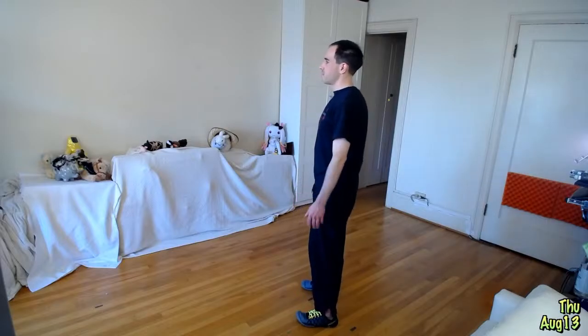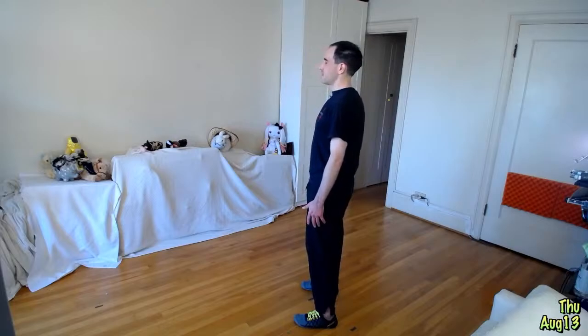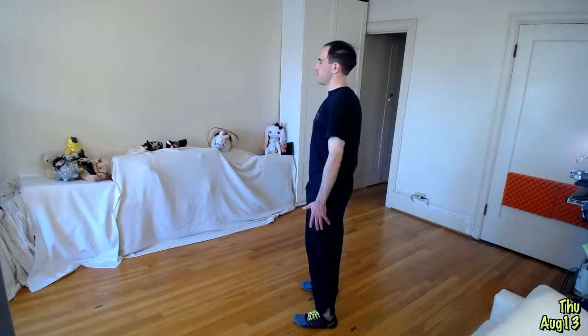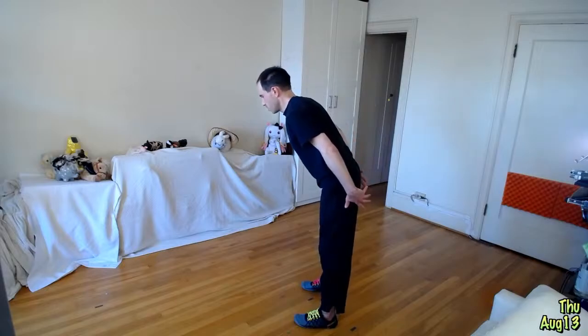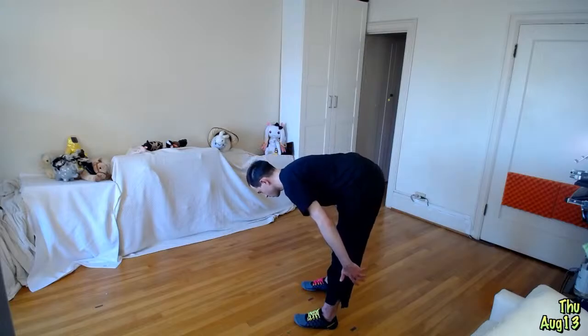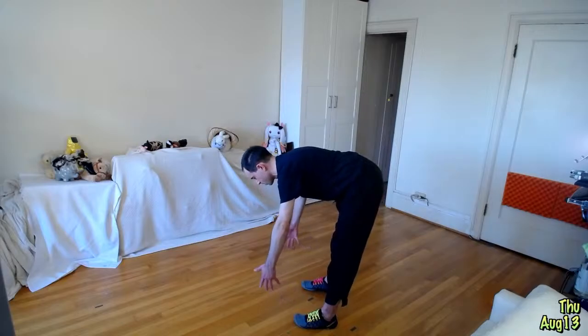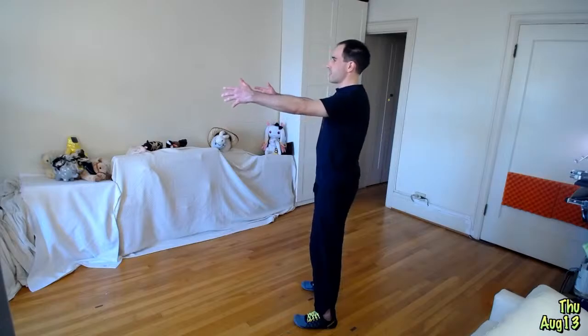So, start of the form, and also the end of the form, zeroing out, tongue touching lightly on the palate, eyes soft, and we begin bending from the hua, hands coming back, pointing at the Huantiao and coming down the legs. Palms are dragging down the legs till the fingers are pointing into the floor, and then the fingers drag through the floor as we rise up, coming back to